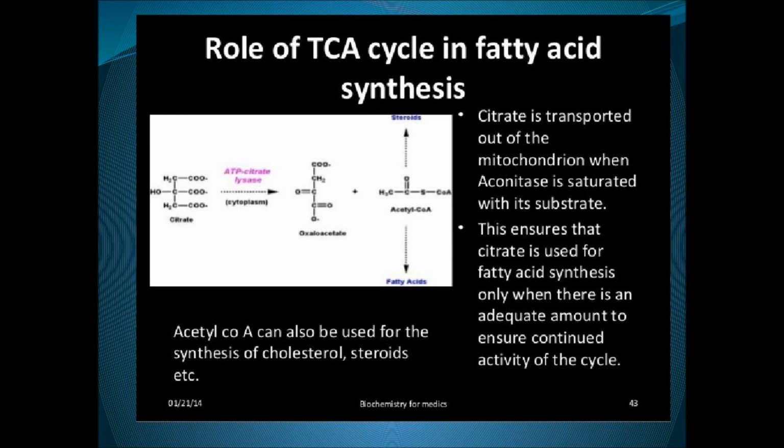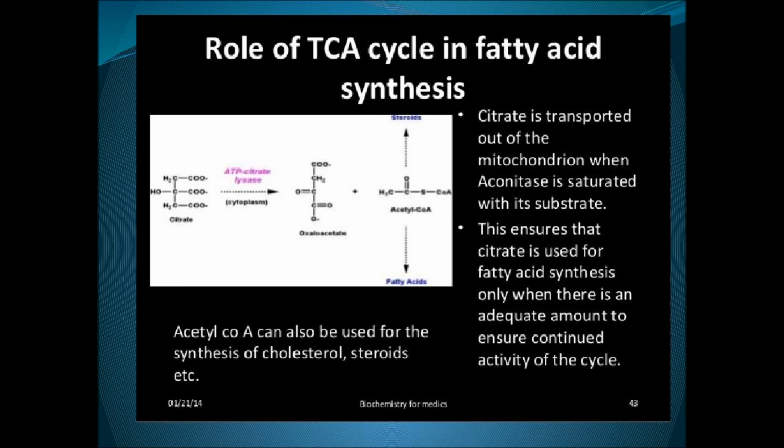Acetyl-CoA can also be used in synthesis of acetylcholine, cholesterol, steroids, ketone bodies, and so on. Citrate is only available for transport out of mitochondria when aconitase is saturated with its substrate, and citrate cannot be channeled directly from citrate synthase onto aconitase. This ensures citrate is used for fatty acid synthesis only when there is an adequate amount to ensure continued